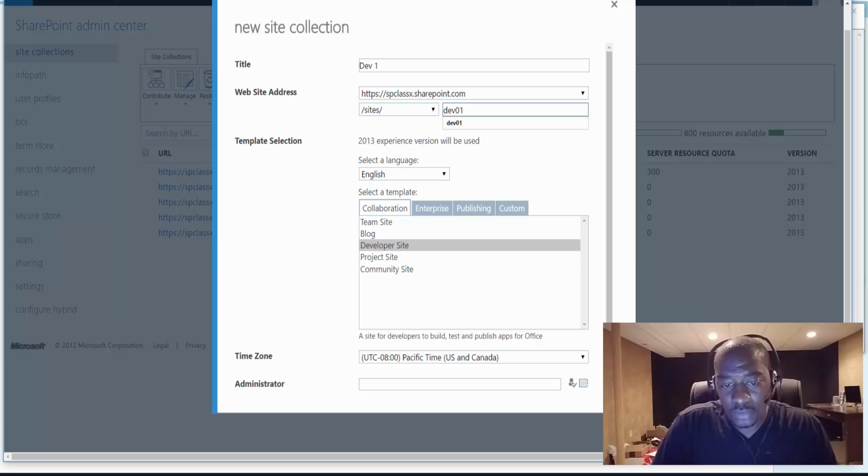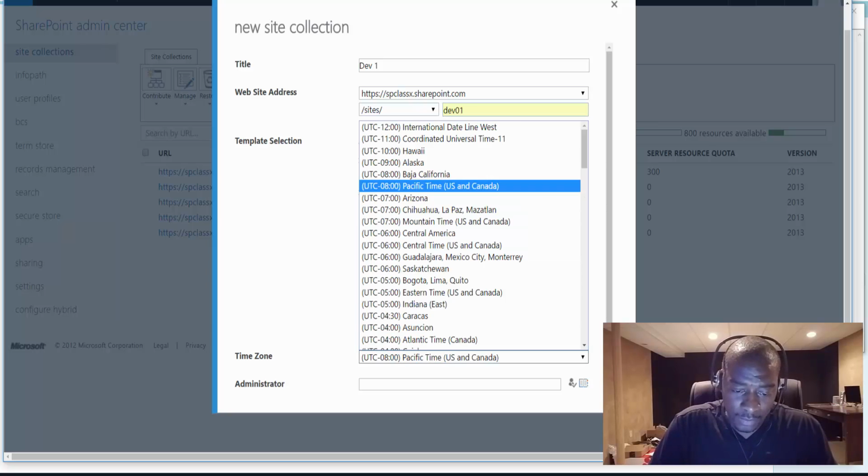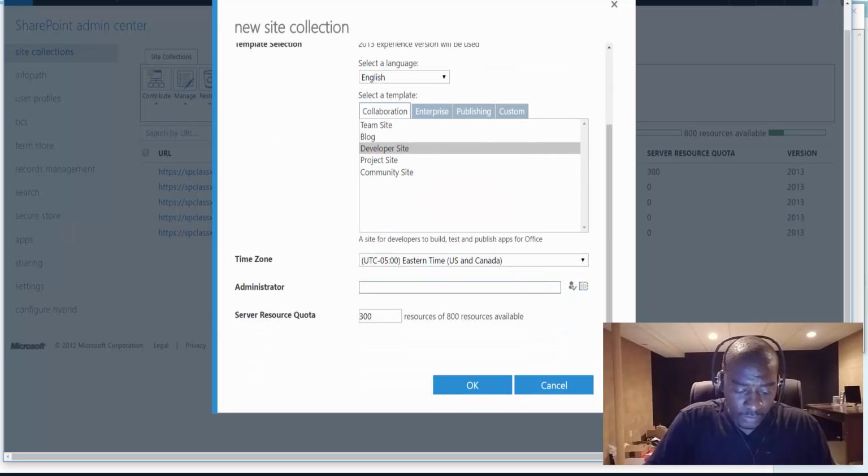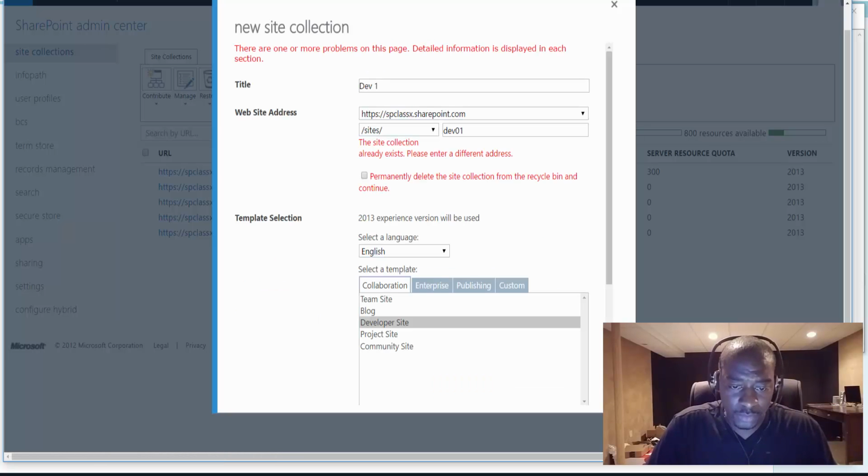So what I'm gonna do, I'm gonna just call this Dev01. If you're dealing with a large team, you may have multiple dev site collections. Usually a developer would get their own. I'm gonna go ahead and set the time zone to my local time zone here. Add myself as the site collection admin. And then these resources we really don't use because we're not dealing with sandbox solutions. So I'm gonna just throw a number much lower than